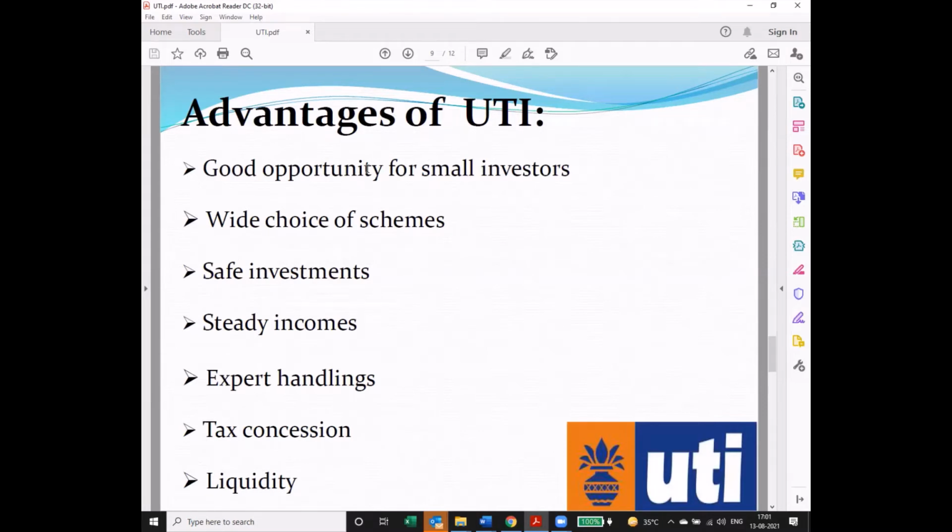That creates liquidity not only for banks, but for people. Because ultimately, banks are for whom? For people and institutions, to create flow of money from upper end to down end and down end to upper end. That is very, very important. So flow of income, flow of investment, flow of money is ensured only through savings. If you do not have savings in the economy, there is no point of flowing money.